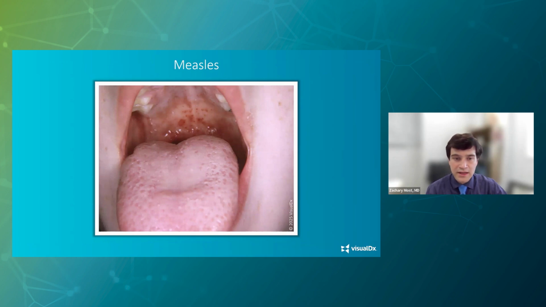And here you can see the well-defined erythematous lesions. On the palate, often the lesions are not necessarily showing any white or bluish discoloration as obviously. And so sometimes it's just this erythema.